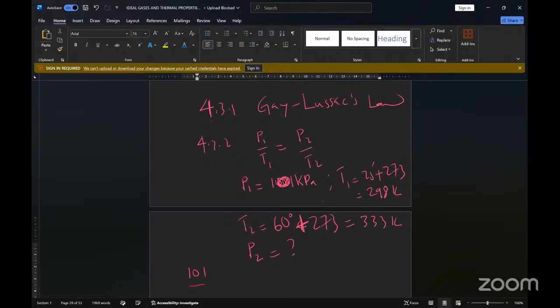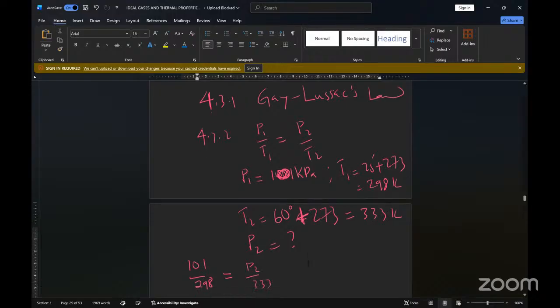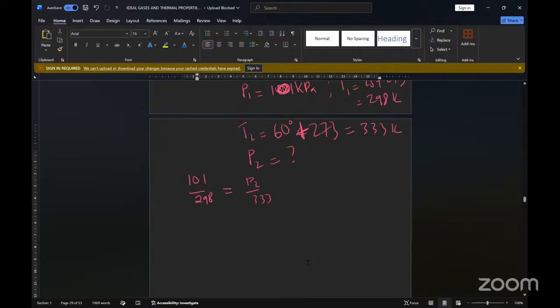Our T1 is 298, must be equal to P2, which we don't know, divided by T2, which is 333. Okay, so if you want to make P2 the subject, your P2 through cross multiplication will give you 298. Okay, 298 over